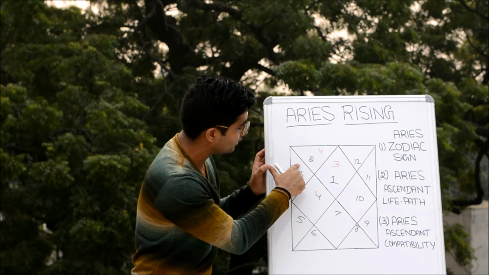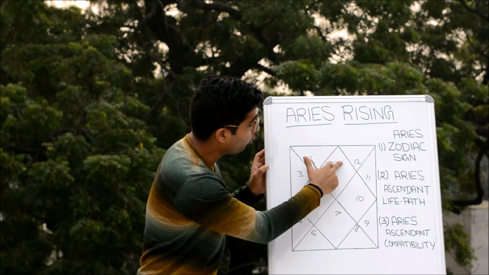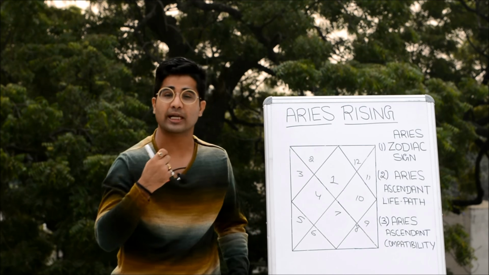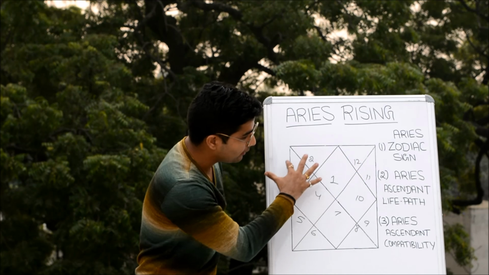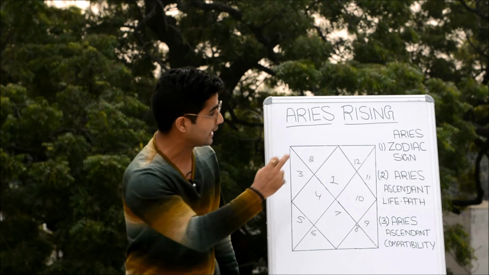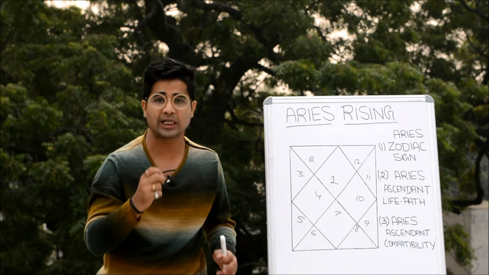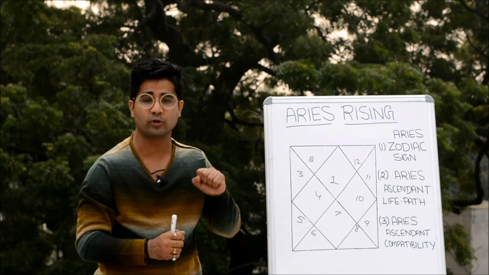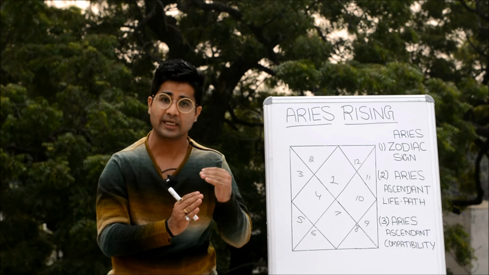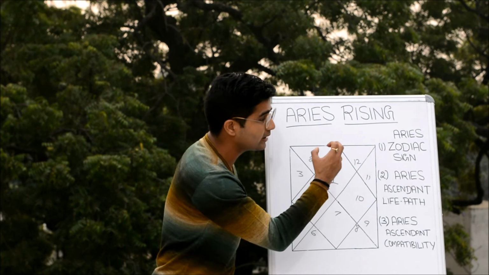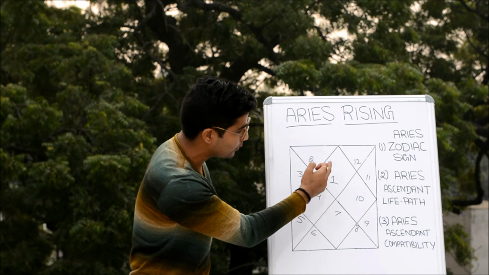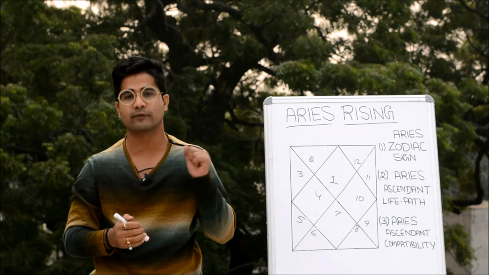Now comes the question: what is the life path? What can we understand by the life path? As you know, we'll try to understand the basic components of the life of the Aries ascendant, because right now we are not placing any planet in it. We are studying it level by level. First we understood the basic meanings of the houses. We understood what a zodiac sign means and what the innate qualities of the Aries zodiac sign are. Now if this sign is rising on someone's ascendant, what would be the life path of that individual?